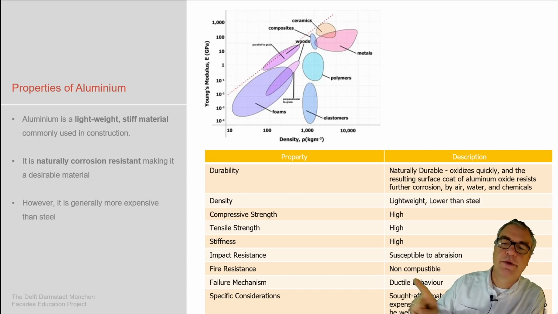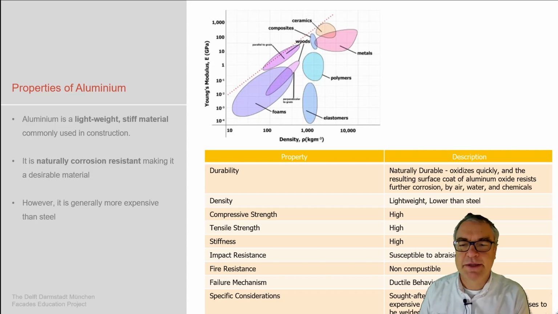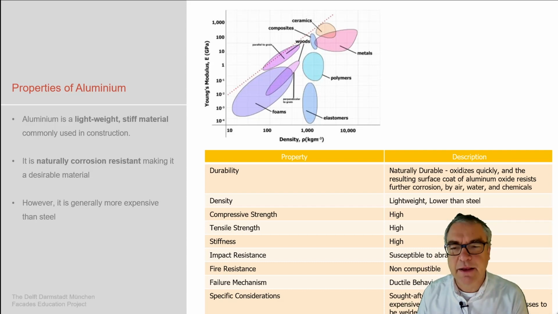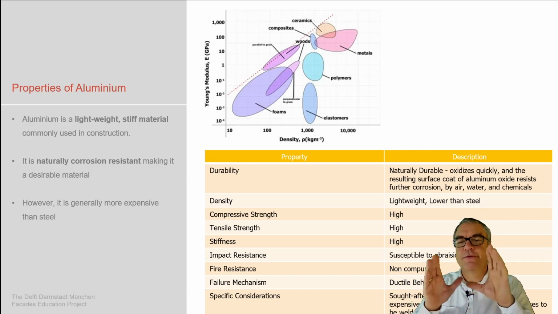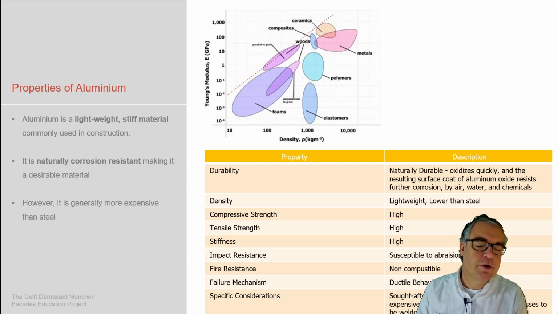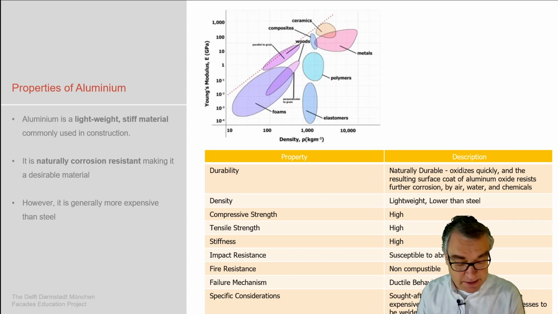Not fire, not burnable. It doesn't burn as a material, which makes it nice as well. But it doesn't have the strength of steel, which makes it interesting for the manufacturing of facades, because we want very specific shapes of our geometry, but the forces are not that much an aspect as, for example, in large infrastructures, bridges, and things like this.